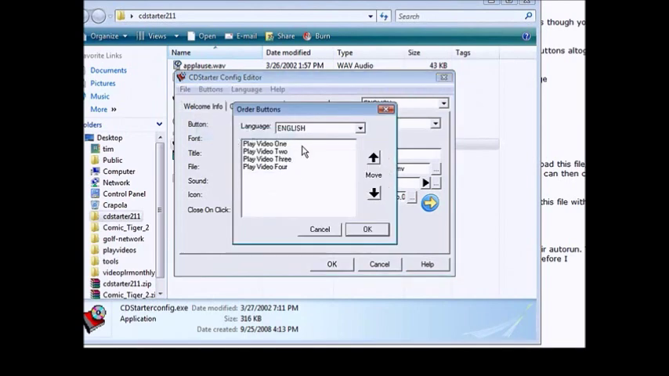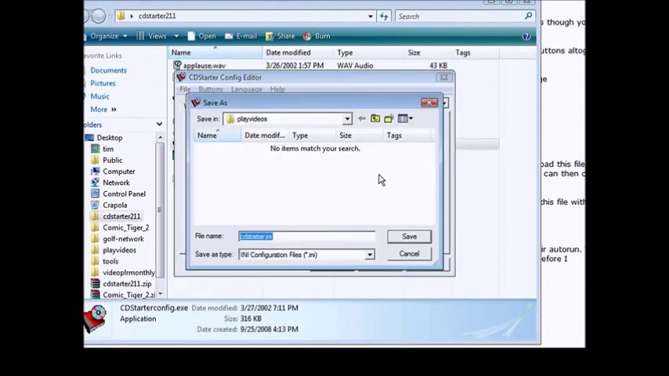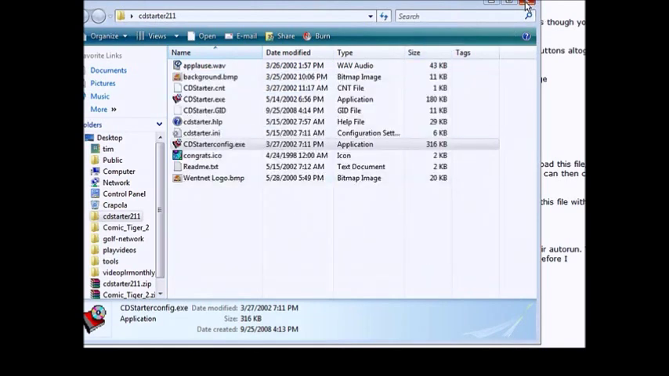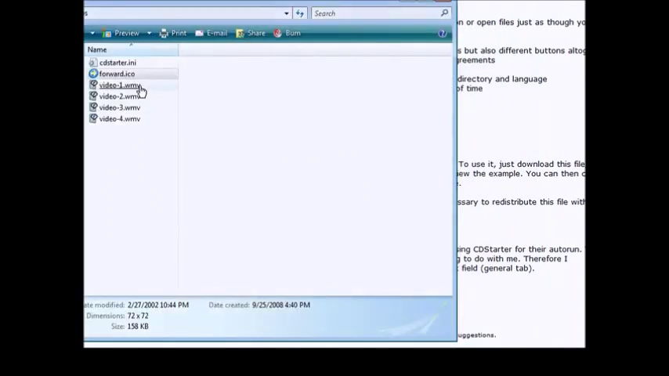Now we can click on order, and video 1, 2, 3, 4. If we wanted to switch these around, we could just pick them and move them up and down. So we're okay with that. Okay, now all that's left to do is click OK, and then where we're going to save it, which is in our main file. I'll close this up. We open up our play videos, and you'll see in here that we have cdstarter.ini, and that is what we have to move over to the CD to get it to